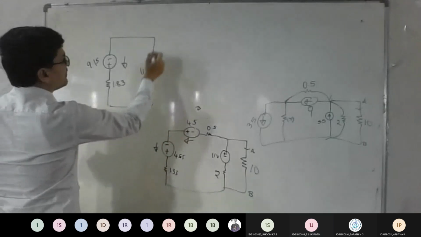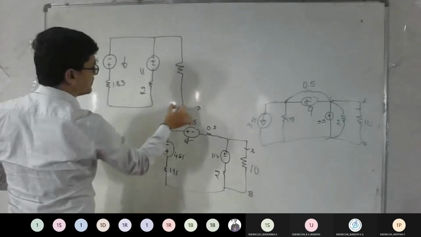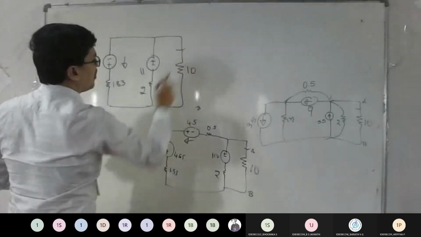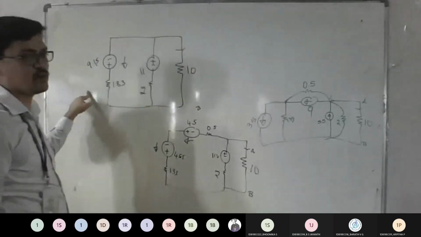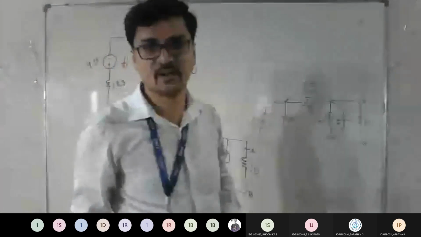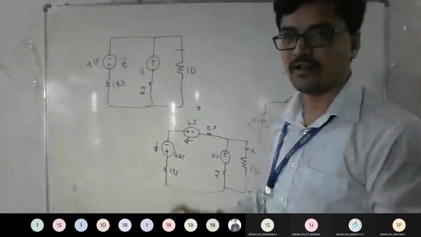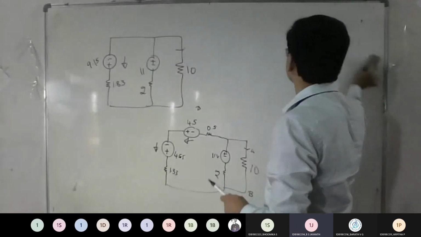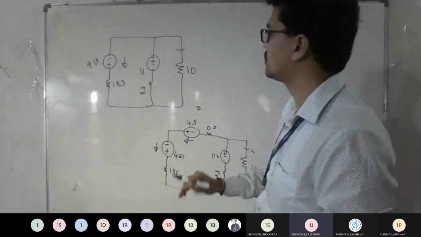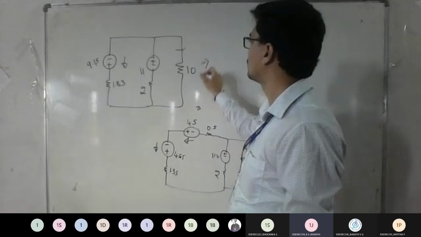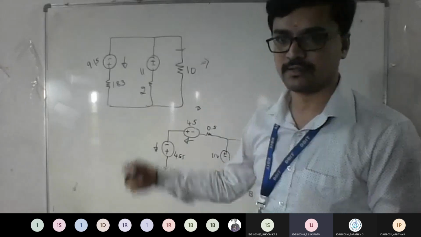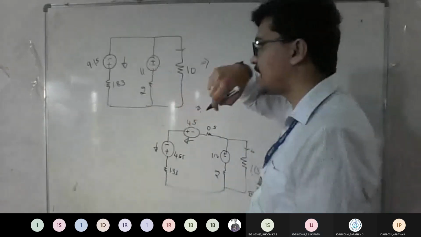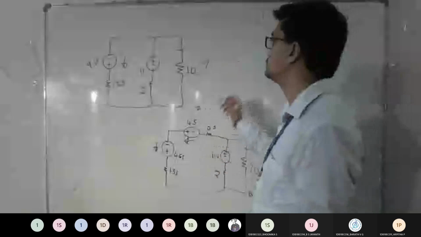So 2, 11, followed by 10. Now in which form is it again? Again two practical voltage sources are in parallel. What should be done? We convert it again into a current source, and again current to voltage source, add them up and find the resultant current. Good. So now check out what is the answer for this current source, the first one.